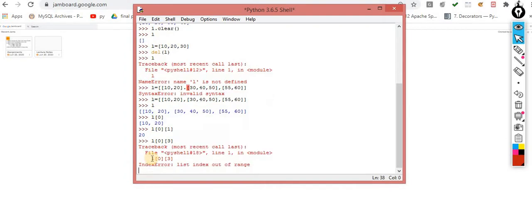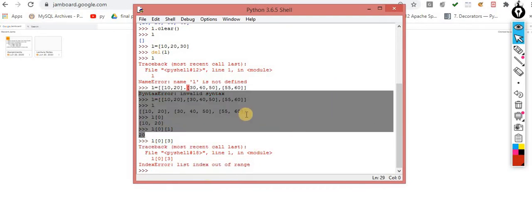Now same, if I want to process, let's suppose the index of 3, now you will get the error message. Why so? Because I am looking for the third index and the third index is not available. So you are getting the error, that is the index error, the index out of range. The index out of range means I am looking for that address which does not exist, and that index is not present. So this is the concept.